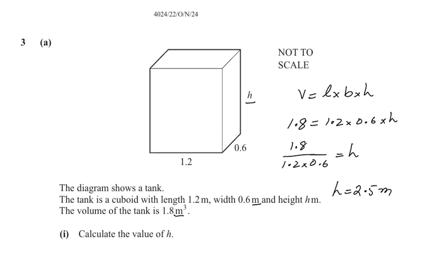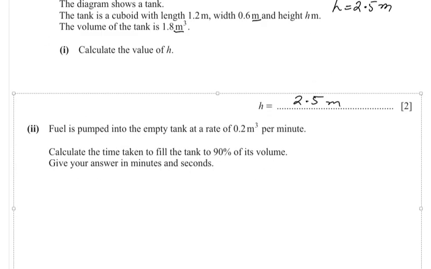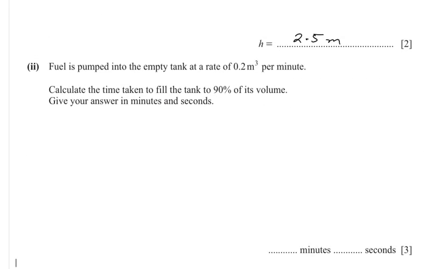Its volume is 1.8 meters cube, so 1.8 multiplied by 90 over 100 becomes 1.62 meters cube. Now our required volume is 1.62, which we have to fill, and the rate is 0.2